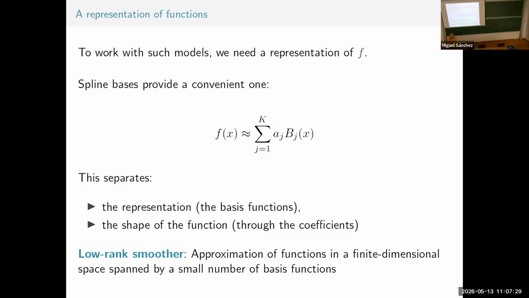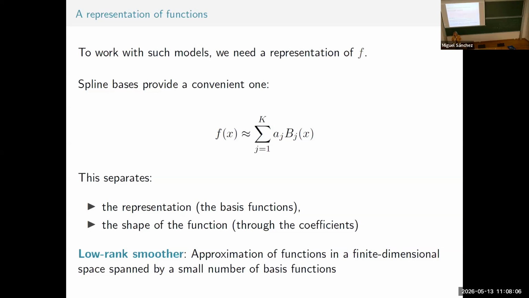So we go to low rank smoothers, smoothers which use far less knots than observations. Of course, this comes with problems attached that I'm going to talk about in a minute, okay? So we have two extreme cases. I have as many knots as data points, and I use a penalty to control the smoothness, or I choose the location and position, how many knots, and I control the shape with that.